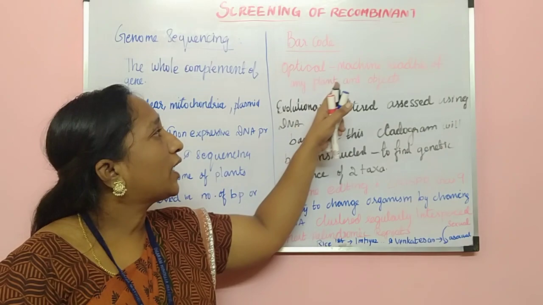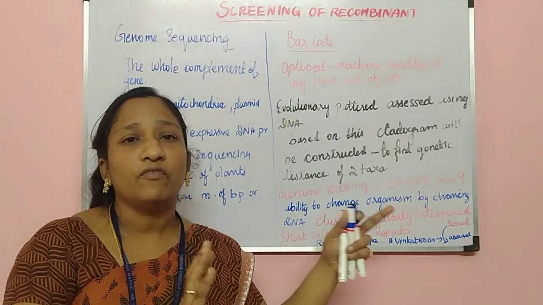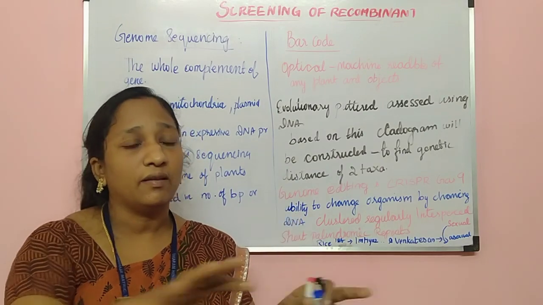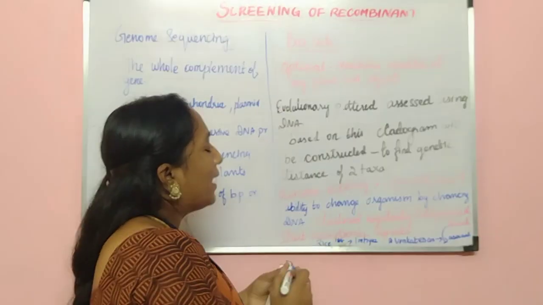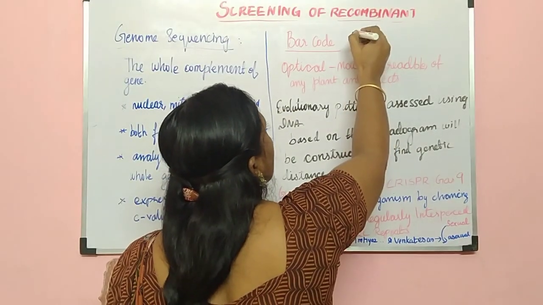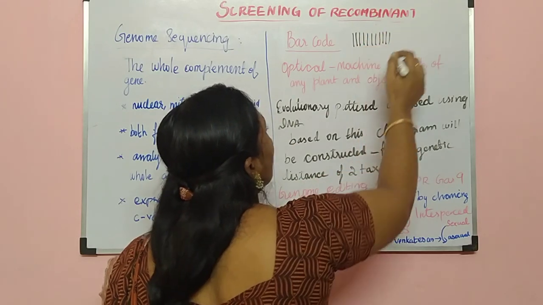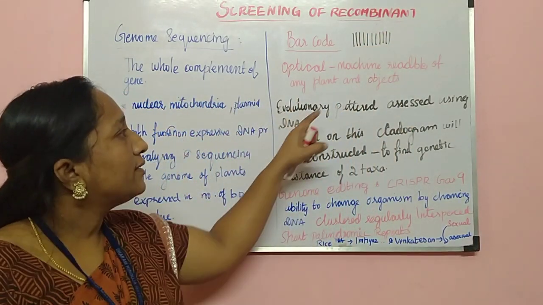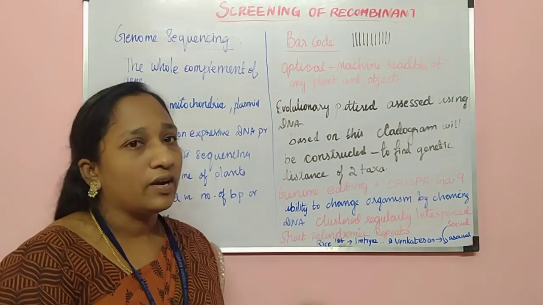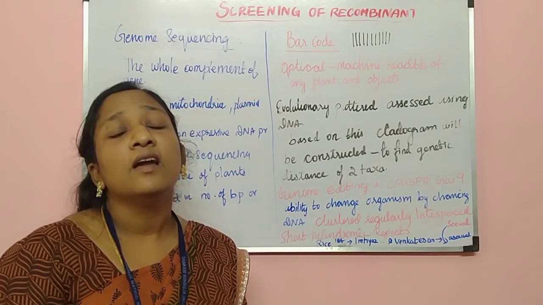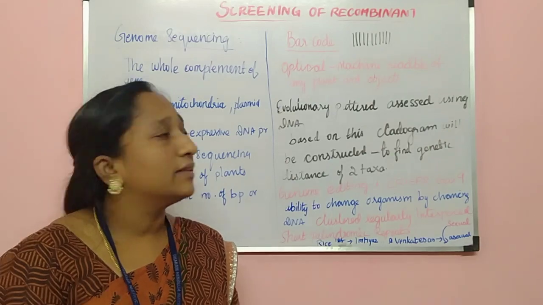Okay, so it is an optical machine readable code. Now we use that for finding the rate of objects or things only. But nowadays it is available even for plants. So it is barcoding. If we know the barcode, all the information of the plant or any object can be easily read. So that is called a barcode. We are already experiencing it in non-living objects, but it is available for plants and other objects too.